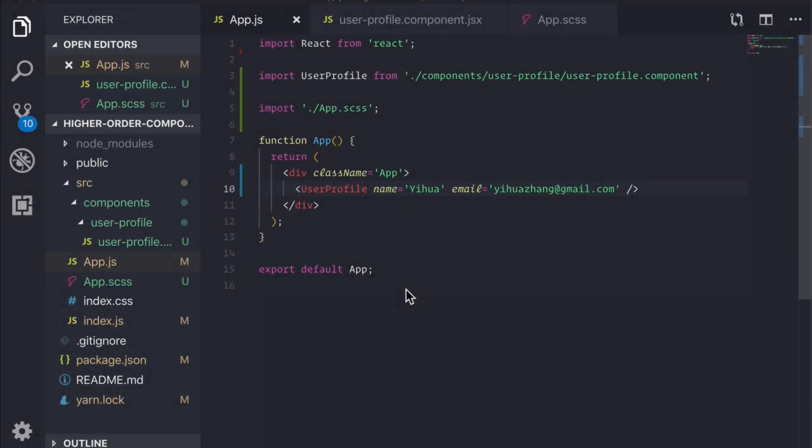Now, before we continue, let's get a really good understanding of the higher order component pattern and how they work. The higher order component pattern is a very common pattern you see not only in React projects everywhere, but in the React ecosystem as a whole. Lots of libraries essentially give you higher order components that allow you to provide your components the functionality that